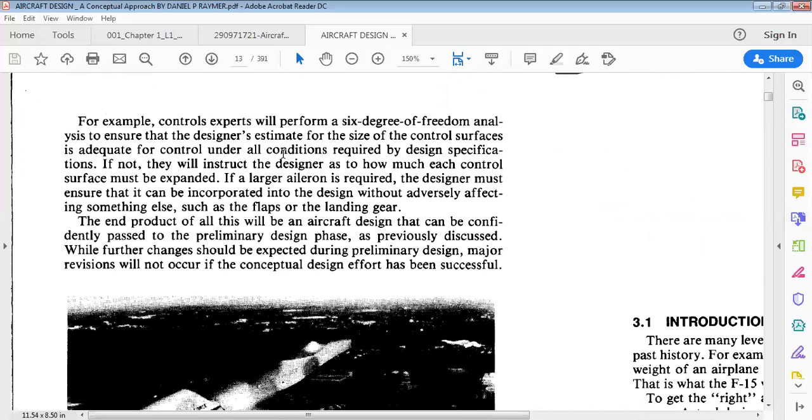These are all things I will discuss in detail. They're called 6-degree of freedom. What is this degree of freedom? Whenever it is a body, it is free to rotate in all directions. Always remember, an aircraft has 6 degrees of freedom. What are the 6 degrees of freedom?